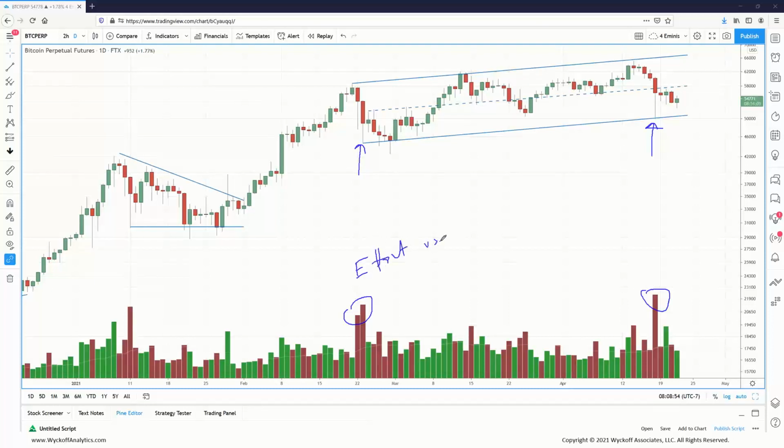And what I'm seeing is that we'll call that bar on the 23rd number one. On number one, I'm seeing more effort and actually I'm seeing less effort and I'm seeing more downside result. Certainly the close isn't as good. I think the spread is wider. I think we see a lot more result for that amount of selling pressure than if we go to number two. We see more